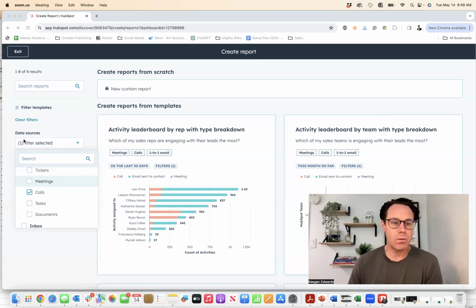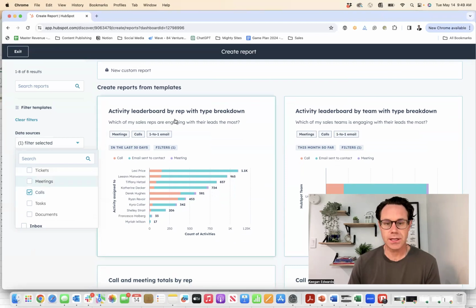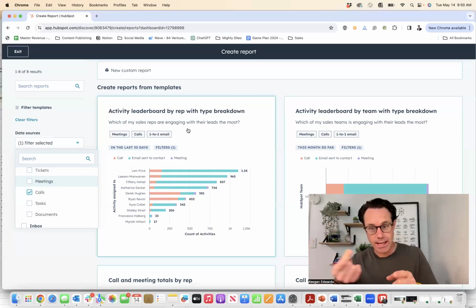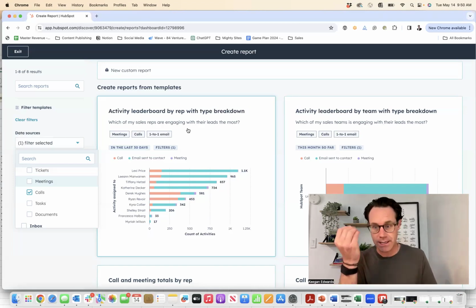And then what I did is I went over to the filters here for data sources and I went to my activities. So I went to activity leaderboards and all I did was check calls, and these were the ones it suggested. Now, depending on your business, if you want the number of unique businesses contacted either by email, had a meeting, or call, or if you want the number contacted, and stick around because there's actually a hidden step you have to do here after you get this report set up